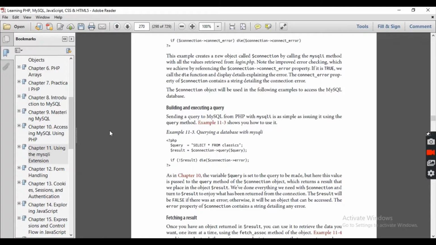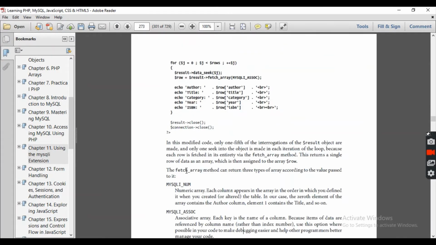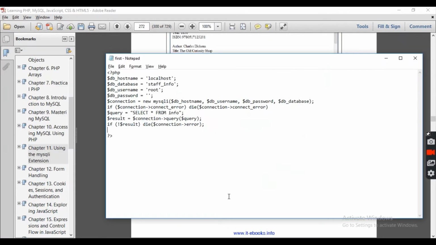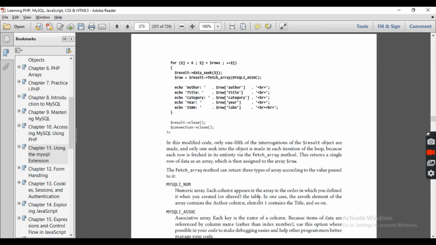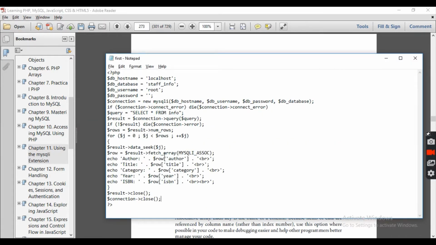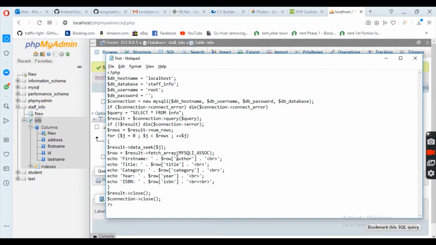That's it. What we are going to do is fetch the records, and for fetching we are going to use a few lines, rows. Here we are going to get the number of rows, copy, and then one by one use a for loop. Then we have to paste it here. What changes will I make here? Author is, it's not author. First is first name, and what is the name of our first field? From here we will get its name is first name. So I'm going to write here, instead of author, first name, because this is what my first field name is,